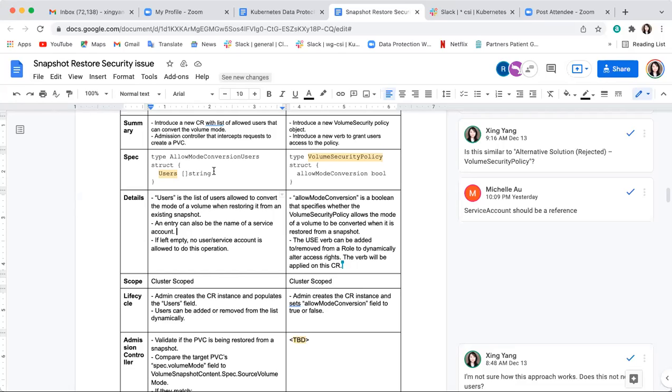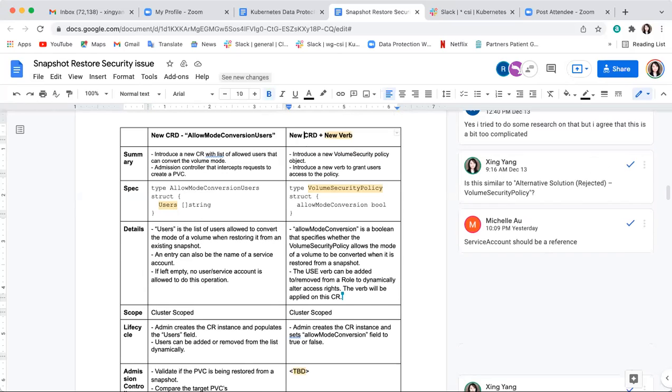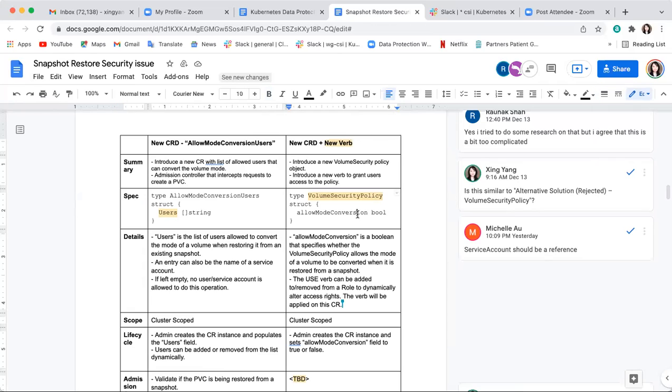The proposal for that was to follow the example of security context constraints in OpenShift, where that's this one, right? That's this one on the right hand side. So right, we could follow that model. So the problem with this one, I see potential. Well, this one looks very similar to what we were trying to propose earlier with this. It's exactly the name, volume security policy.